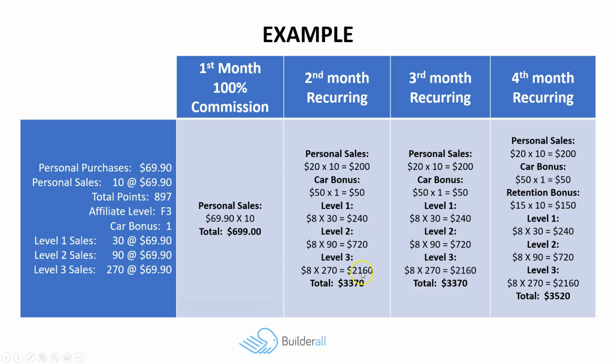So that's $2,160. So the total for the second month recurring income is $3,370. Now the third month will look exactly the same, but then the fourth month, because of that retention bonus,